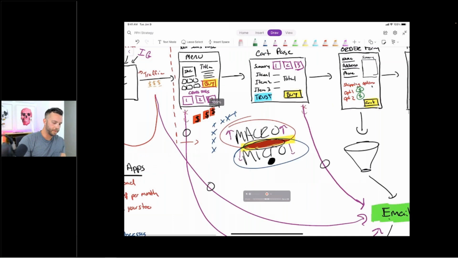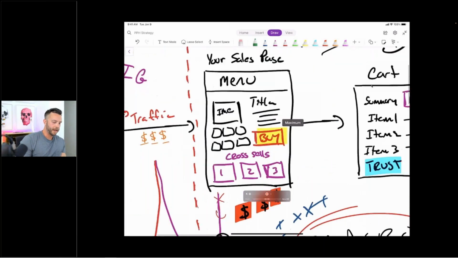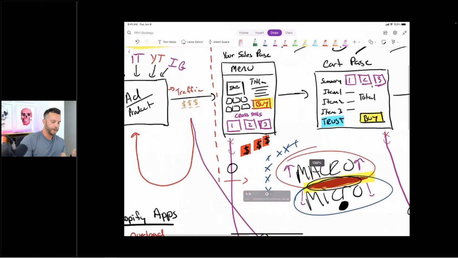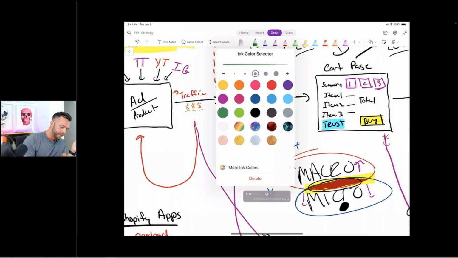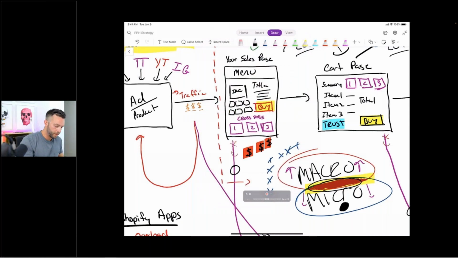Like, for example, on your sales page, there's a whole other section that a simple little Shopify app can add to your store. A lot of you have it, a lot of you don't, but I can't really draw another section right here, but there, maybe I can. There's a whole other section down here